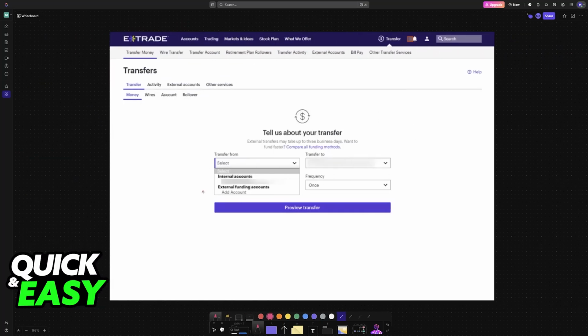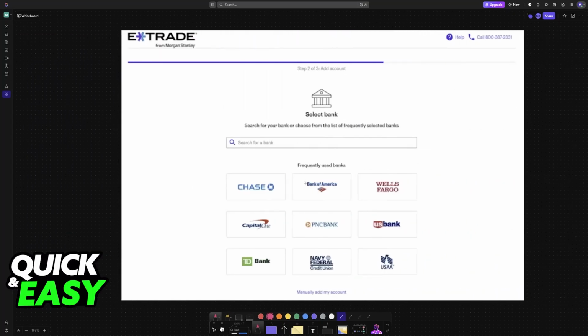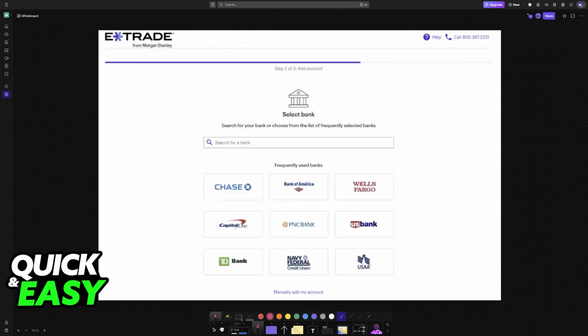If you still need to add a new account here, choose on the option Transfer From, and immediately upon choosing it, you will see external funding accounts. If you don't have a single one, then it is going to say Add Account. Choose this option, and immediately upon selecting Add Account, you will be redirected into this page where you can choose